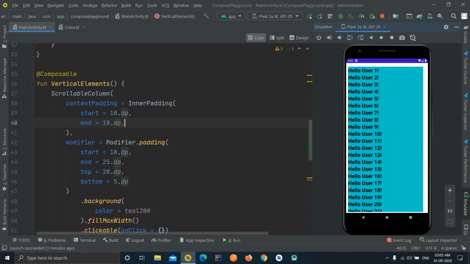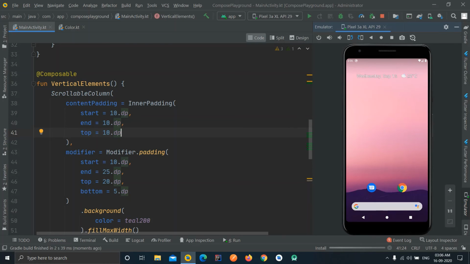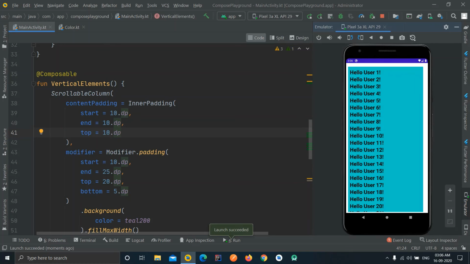So start and, let's say, top to be 10.dp, and we are not going to define bottom. So let's run this. We can actually define bottom, but I'm skipping that. As you can see, now every item gets a margin from left, a margin from end wouldn't be shown because there is enough space, and a margin from top of 10.